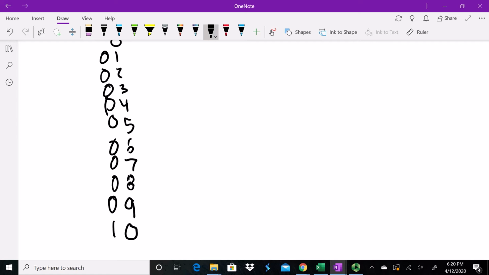I increment to 1. And I'm going to do this again, so my 1 stays here, and now I go 11, 12, 13, until I get to 19. I roll back around to 0, and I say I've used my digits twice. And you keep doing that until you get to 98,